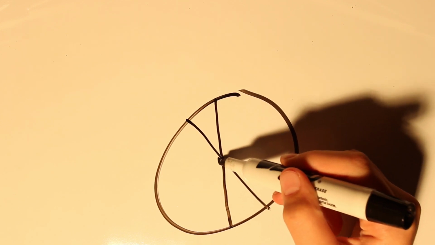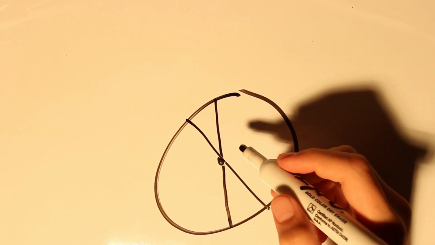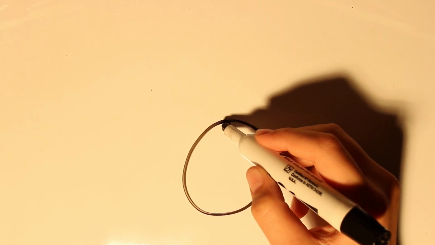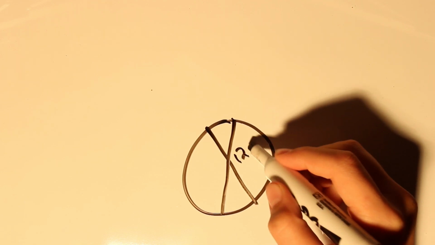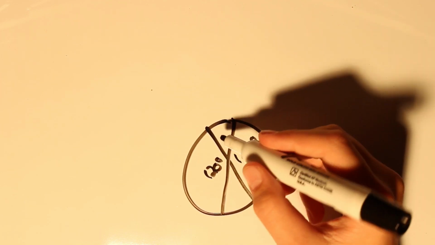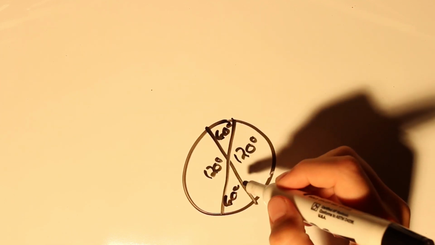For example, if we have a circle like this that has two diameters going through the center, let me redraw this real quick. There we go. Okay, so let's call this 120 degrees and call this 120 degrees. Then automatically this would have to be 60 degrees and 60 degrees because all of these have to add up